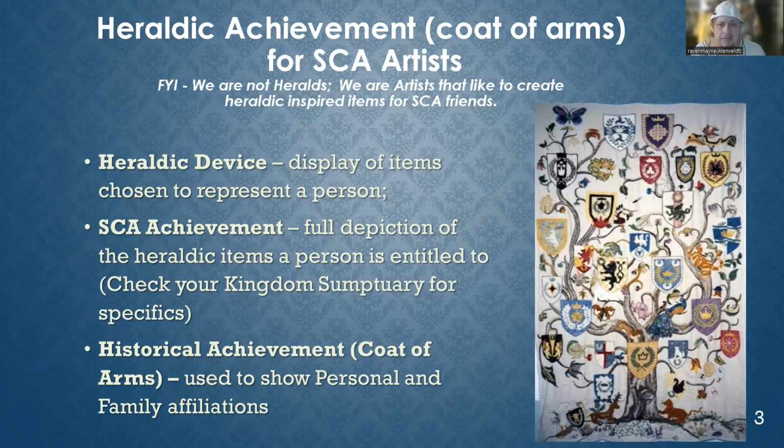So the heraldic device is the device that you got passed in the SCA armorial. SCA achievement is full depiction of heraldic items a person is entitled to. So yeah, whatever awards you've gotten or whatever you have is what you should be able to put on your achievement. A lot of the stuff which I found out, and I don't know if this is generally the way it is, but most of heraldic